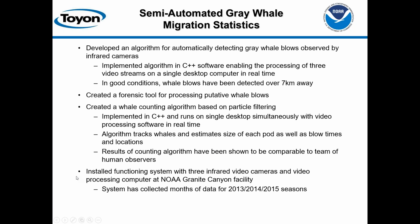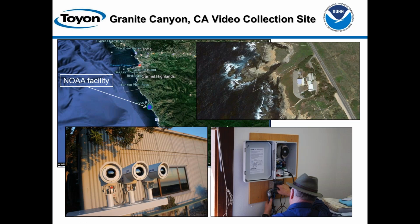Now, we installed a functioning system at the end of phase 2 with 3 infrared video cameras and a computer, and it's collected months of data, and we've looked at quite a bit of data numerous times and compared it to human counting, both on the video and live, and I'll show you an example of that in one of the future slides. First, just for those of you that aren't familiar with where Granite Canyon is located,